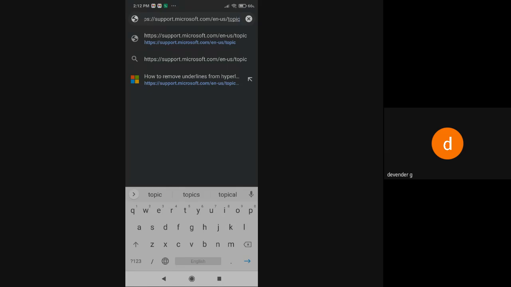So http support.microsoft.com/en-us/topic. I'm just giving a sample example. After this, it will not show me the next values. The values passed through my text box, radio buttons or list box, whatever values I'm selecting, all those values will travel from one system to another, or to the server, or to the backend where I want to store them.